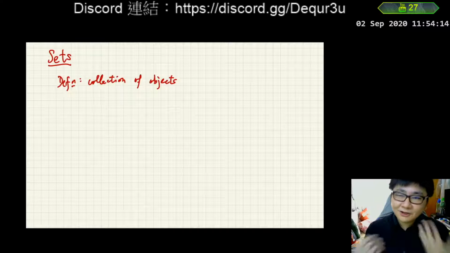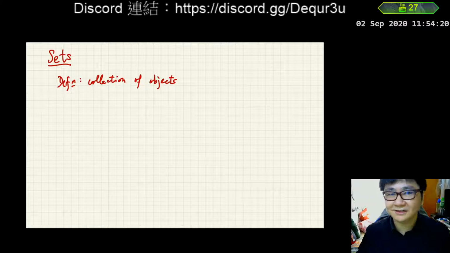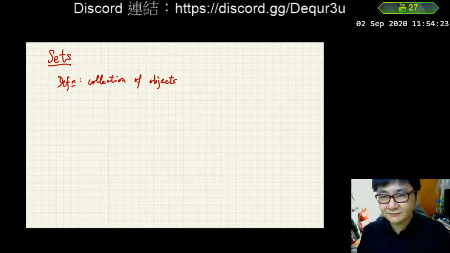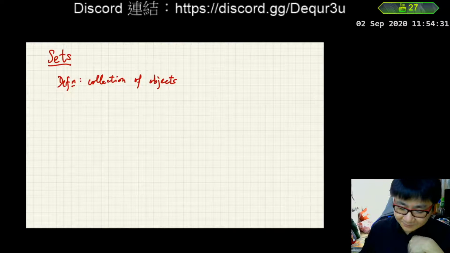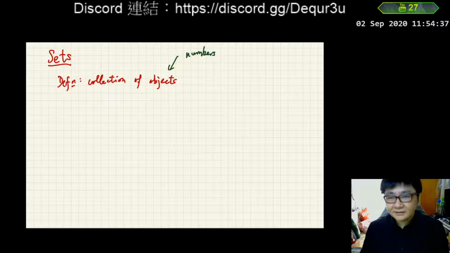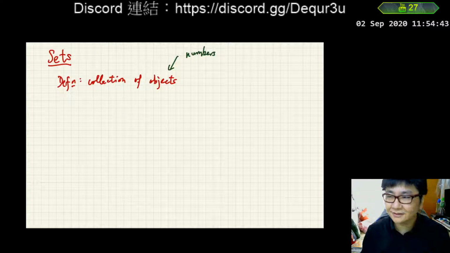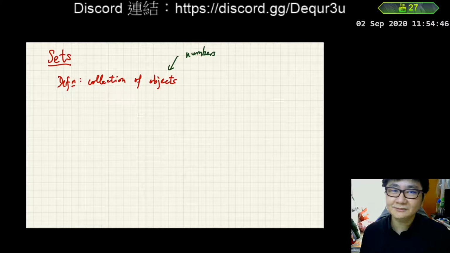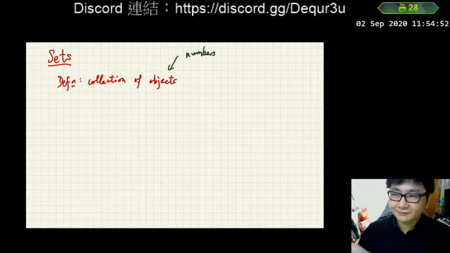Well, what objects are we collecting then? What are the objects that sets collect? It depends. Under different contexts it may be different. But for mathematics, most of the time we will be talking about numbers. Therefore, the objects we refer to here may very much be about numbers. On the other hand, don't forget that there are also different kinds of numbers. For example, when we are in primary school, or maybe even younger, when we are in kindergarten, we first learn the easy counting numbers like 1, 2, 3, 4.